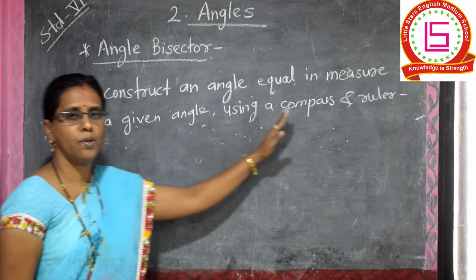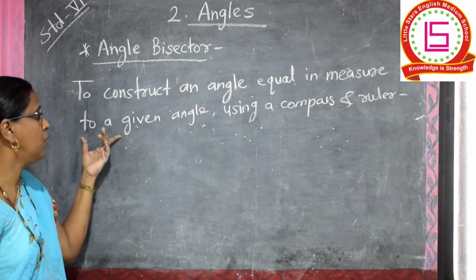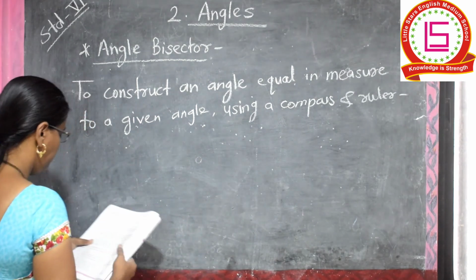Using a compass and ruler, we have to construct an angle equal in measure to the given angle. See here,